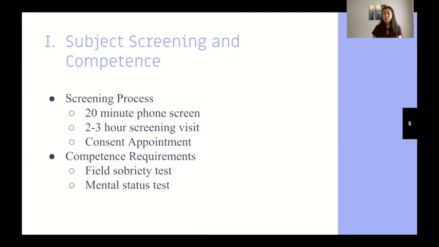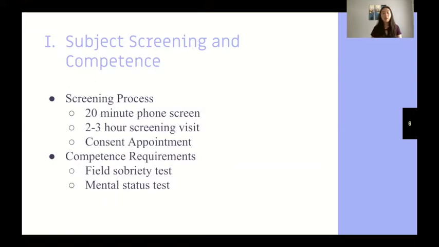If they are able to qualify for an in-person screening, we'll schedule that, and the in-person screening usually lasts around 2 to 3 hours, in which we go way more in-depth into their history. And finally, if they can jump through all the hurdles at that stage, they're finally invited back for a consent appointment, in which they give their consent and are added into the study. After that, they come in for a baseline appointment where all the data relevant to this study is collected.